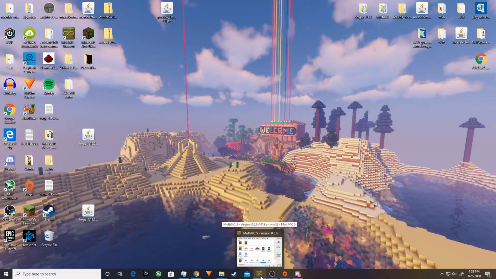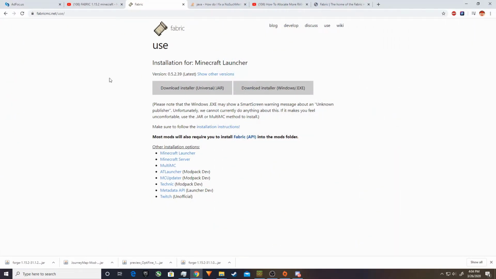Okay, so now we're going to do Fabric. Okay, so this is the official page you download Fabric from. I may have mentioned this in a previous tutorial series I did for MultiMC, but for those of you who don't know,